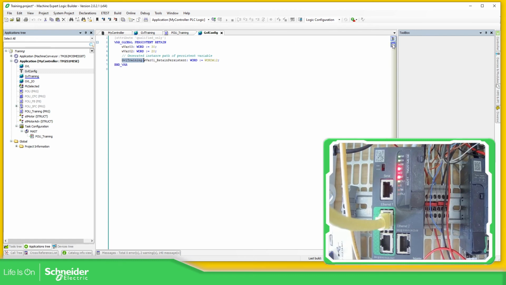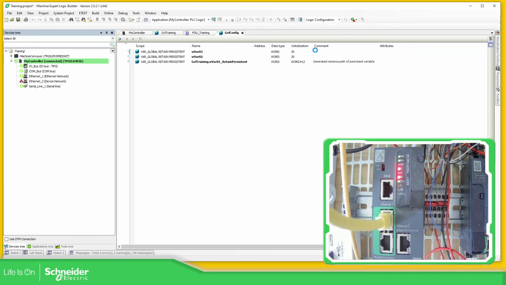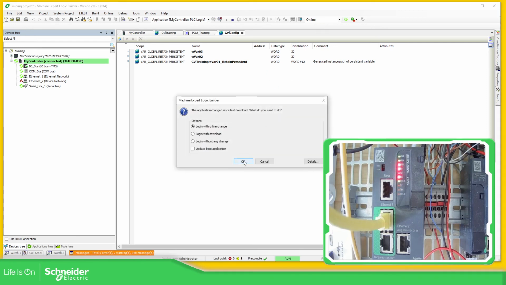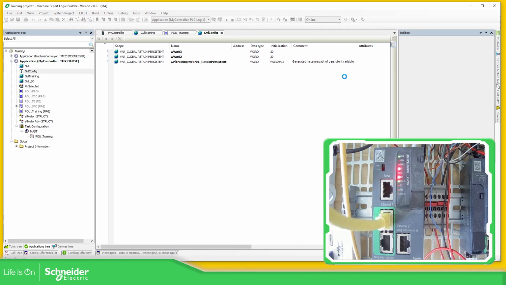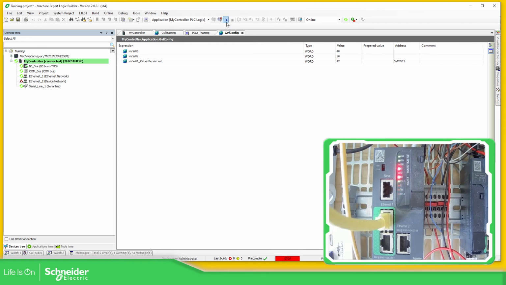Okay, so now if I want to initialize this information, let's try to download again and see how we can change the initialization of the variables. Login. Okay. So GBL, how to download everything. So 10, 21. So now if I want to change the actual value, okay, imagine that I'm going to log